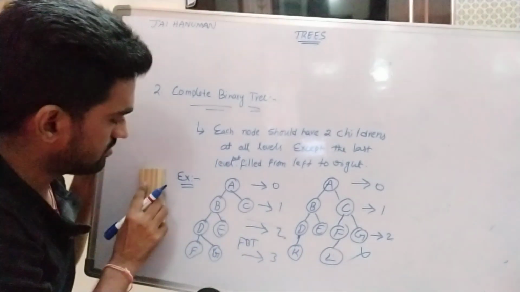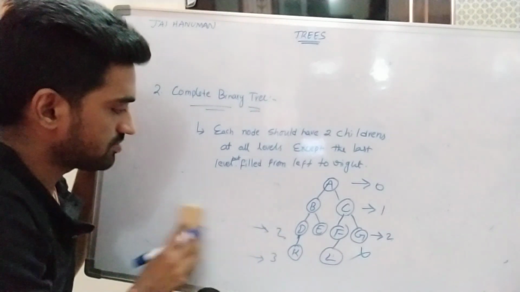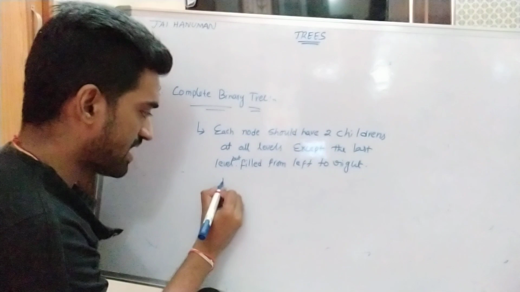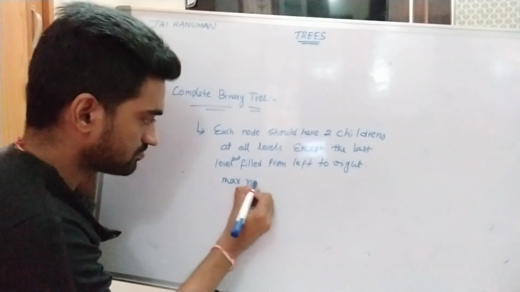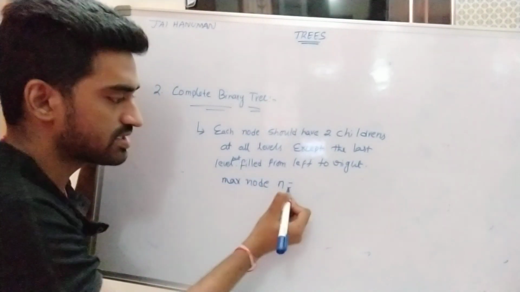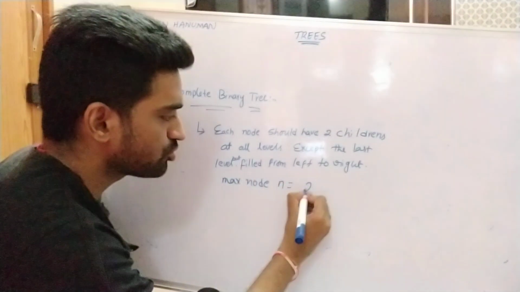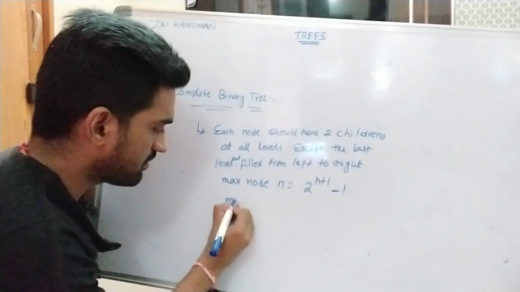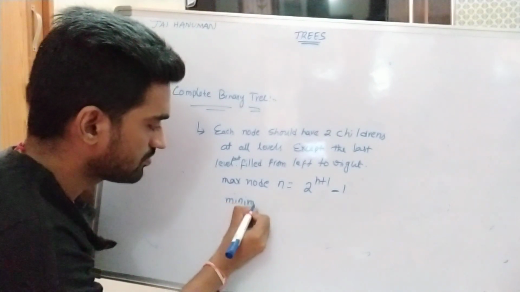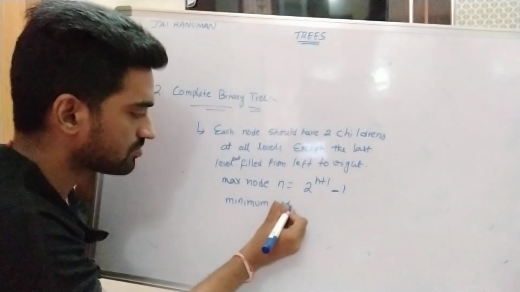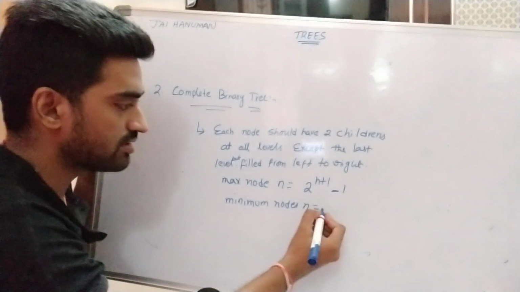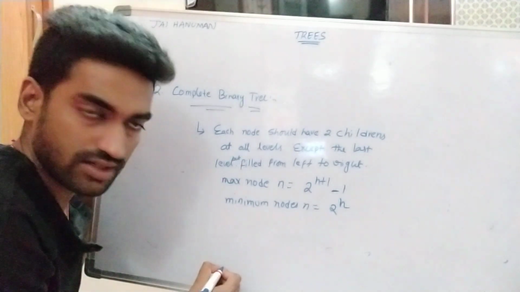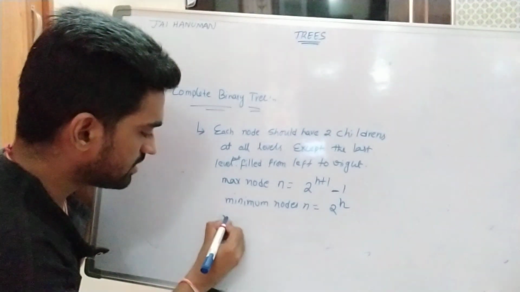Then I am writing the maximum number of nodes. The maximum number of nodes is the same for a complete binary tree, that is 2 power h plus 1 minus 1. Minimum number of nodes: n is equal to 2 power h. Then I am calculating the